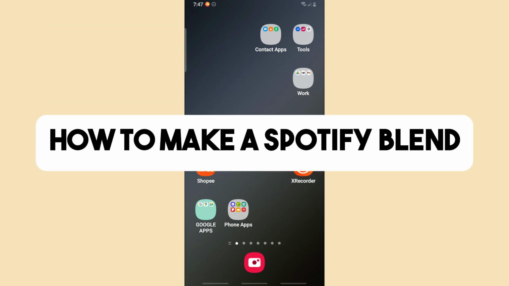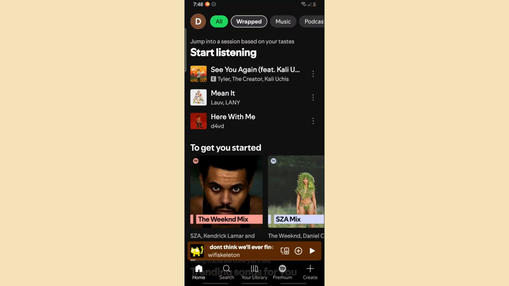And today I will be showing you how to make a Spotify blend. So now, first, just simply go ahead and open the Spotify application on your device. Now, once you have done that, you would just simply go for the search down below, tap on the search